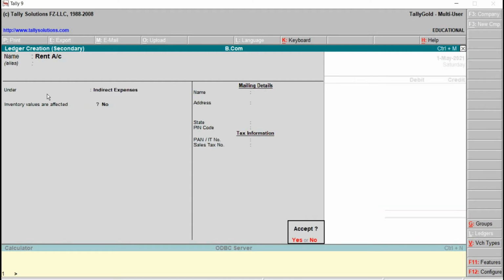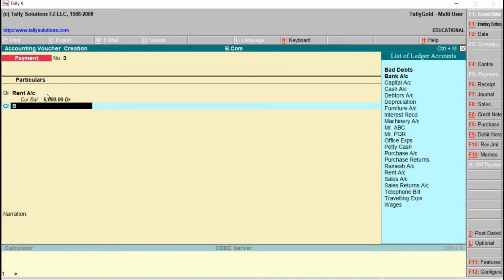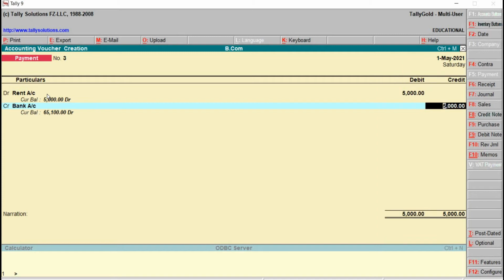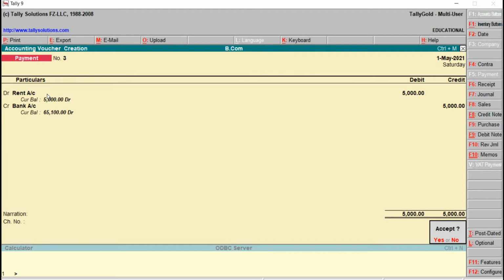Accept? Press Y from the keyboard. Let's take the amount as 5,000. Credit bank account, right? Then provide the check number in the narration before we press Y from the keyboard.